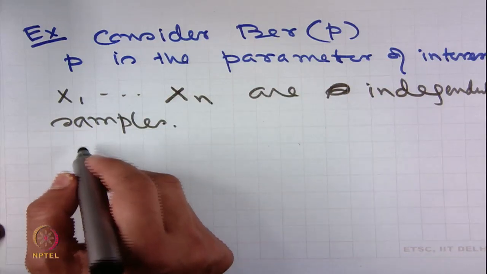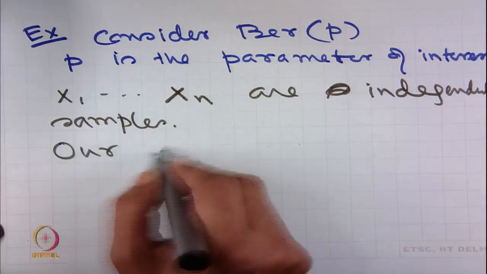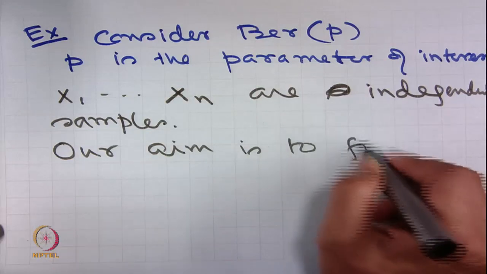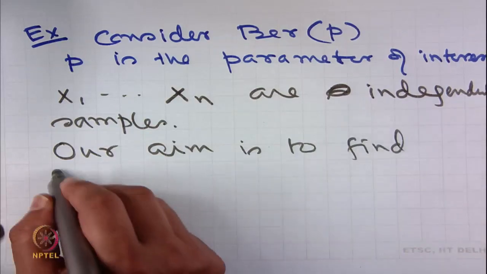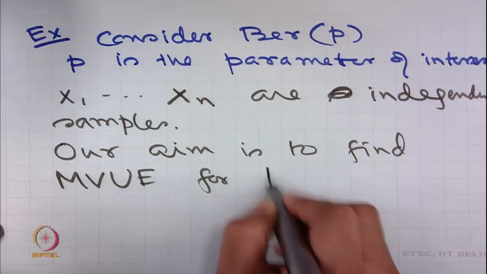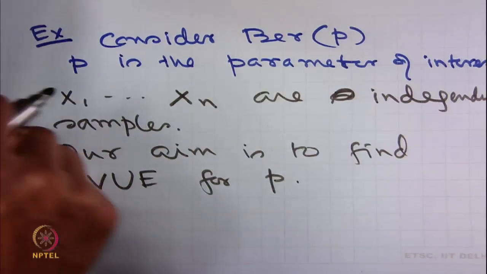Our aim is to find the minimum variance unbiased estimator for P. So, what we do,